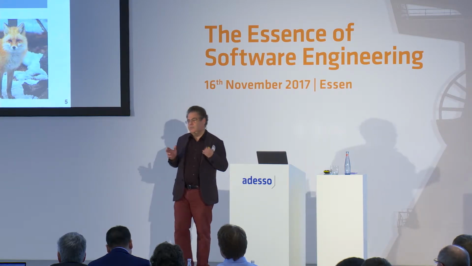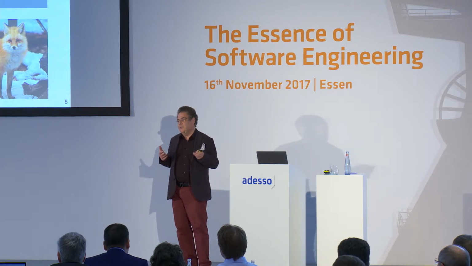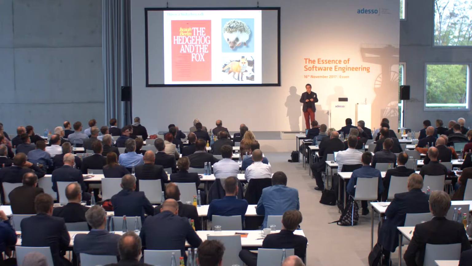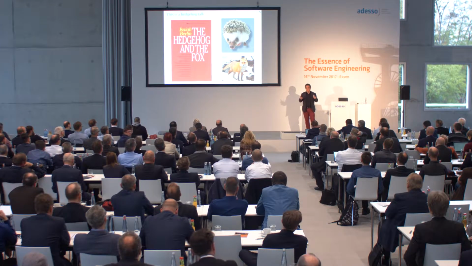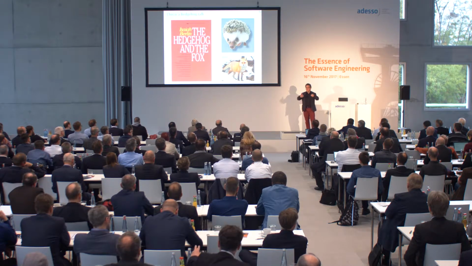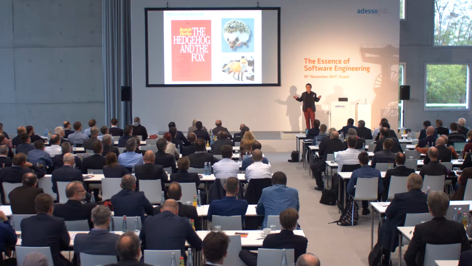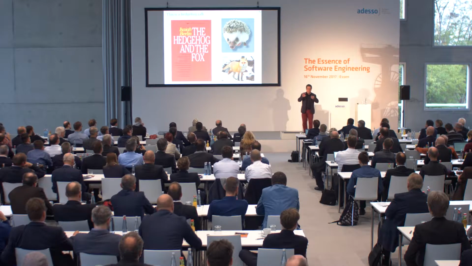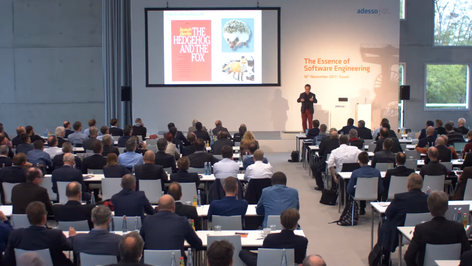The hedgehog knows one big thing, and the fox knows many little things. And in Berlin's work, this was a way to attack or to criticize the kind of French/German attitude to making complex systems of everything, Hegel style, and to advocate instead a more Anglo-Saxon, pragmatic, nothing's going to work perfectly, but by and large we get along.